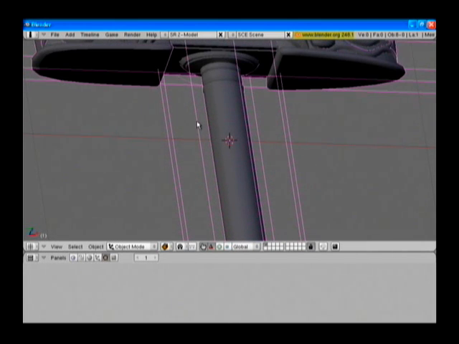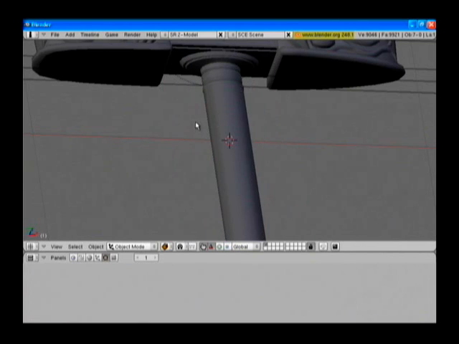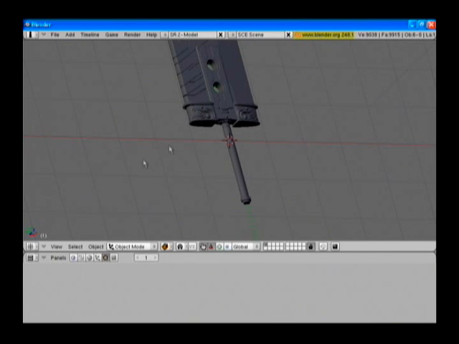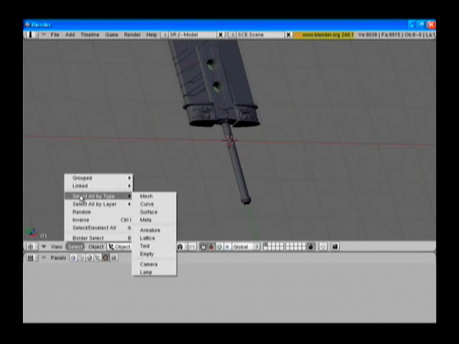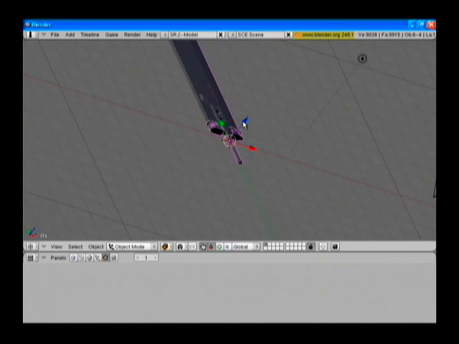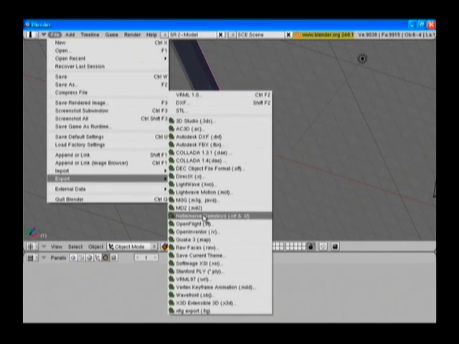Just place your mouse cursor over the mesh and hit your right mouse button to select it. And just like the cube, press X to delete it, and do that to the whole wireframe. Once all that's gone, go select all by type, and mesh. Now we've highlighted the whole model. It's ready to export. Go File, Export, Net Immerse Gamebryo NIF,